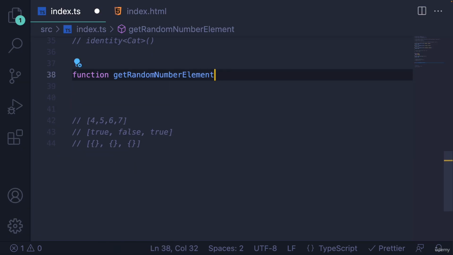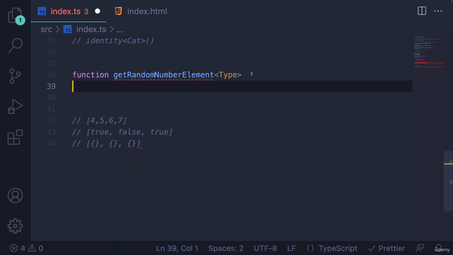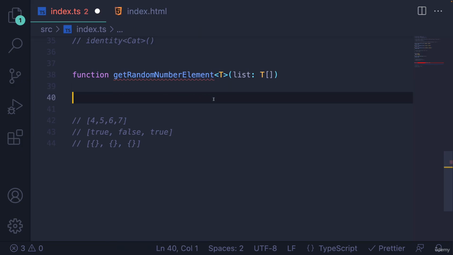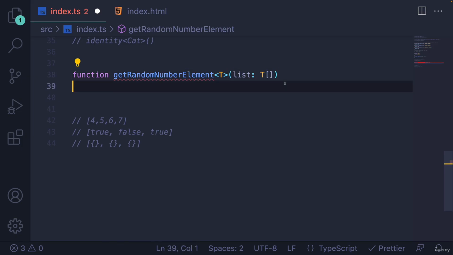What we're going to do is write a generic. So once again, we add our angle brackets in there, and I'm just going to do T because that's more common, even if I don't really like writing T. It's shorter. So T is some type parameter. That might be string, number, Boolean, Cat, Dog, whatever that is. Then we're going to say we accept an array. So we'll call this list of type array of T. So when you call this, you'll provide string or number or something to it, and then we'll know that list is a list of that type, and that you'll return something of that type.